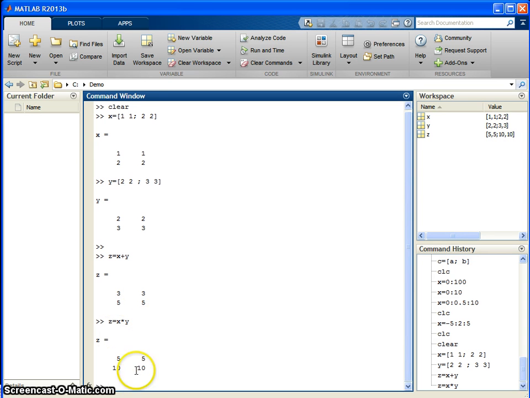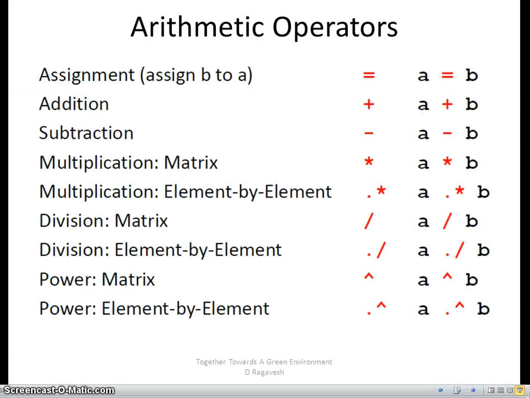it is a kind of matrix multiplication, whereas in MATLAB we have another command which is very unique to MATLAB. You want to multiply this element 1 with 1, and you want to multiply this, and again you want to multiply. You don't want to do a formal matrix multiplication. You want to multiply each and every array element with the same array element, and you want to store it as a result. That means you want to multiply element by element. So we have to use a dot, as you notice here, dot star.